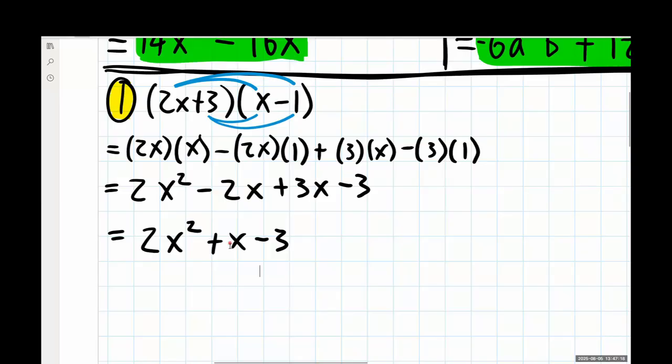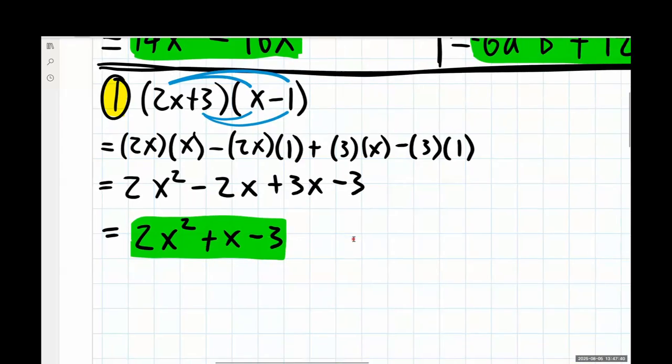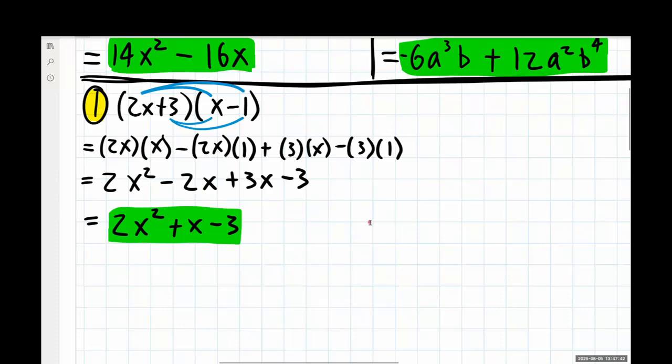If you wanted to, you could write a placeholder 1 in front here. Just be aware that the online program that you're using might ping you for that and say, hey, it's not fully simplified, because we generally do not write the invisible ones that show up around numbers very often for our final answers. On the test, I'm fine with it, but just as a heads up on that for online programs that you may or may not be using, they will just want x there.